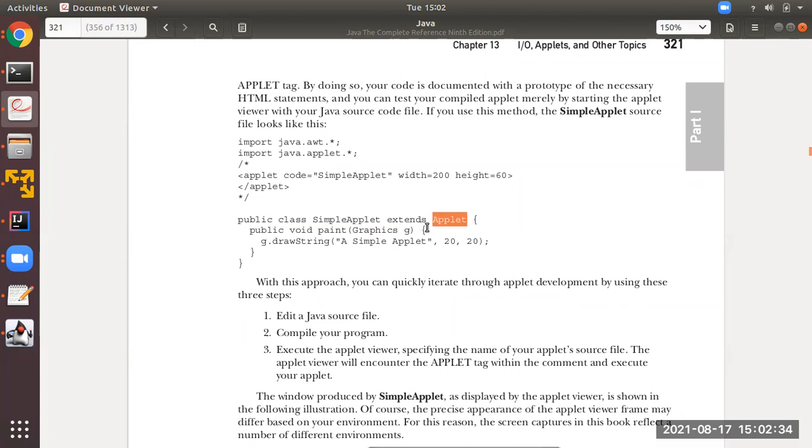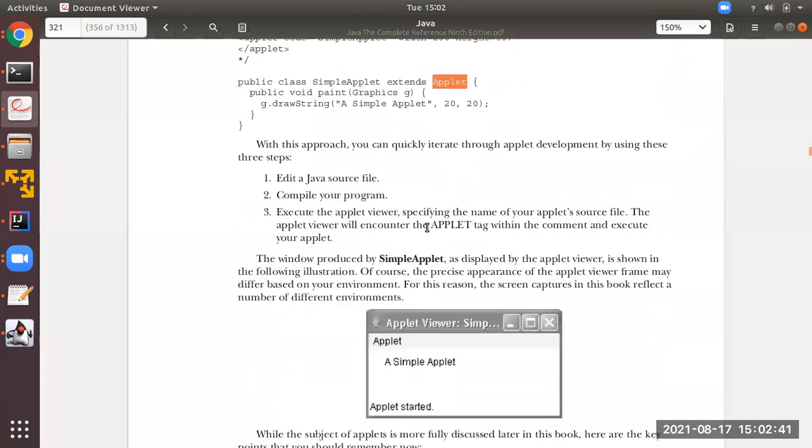And in this one, what you are trying to do is paint something. Like in this window, what the author has done is try to paint some kind of text. So you have to use a paint method, and in that paint method you can see a Graphics class is there which has got an object g over here. So the Graphics class has got many methods inside it. Among that it has used one method, drawString.